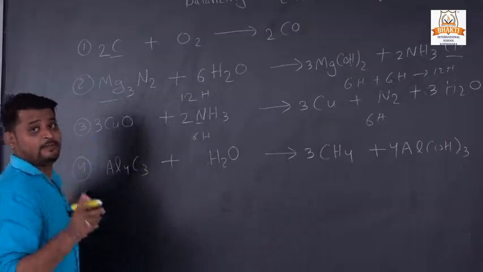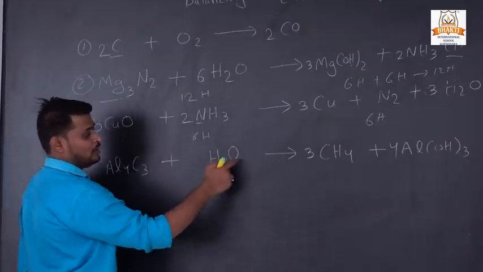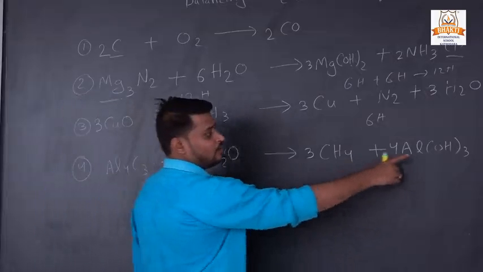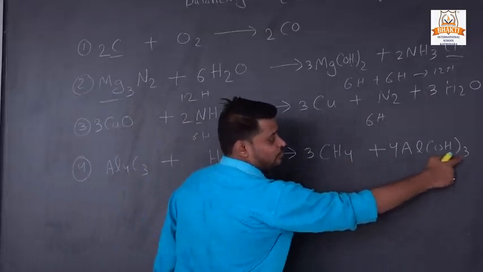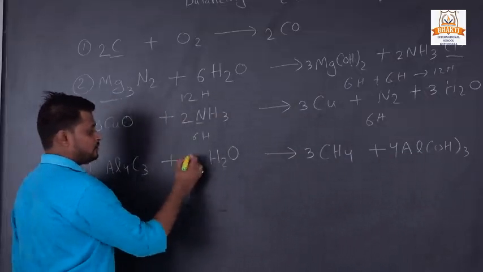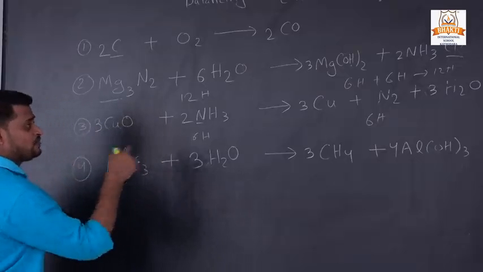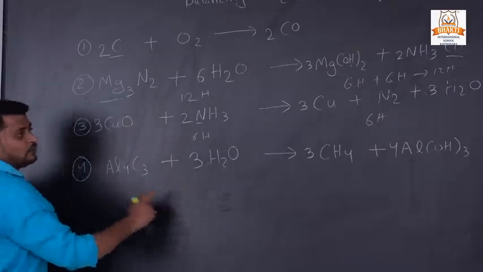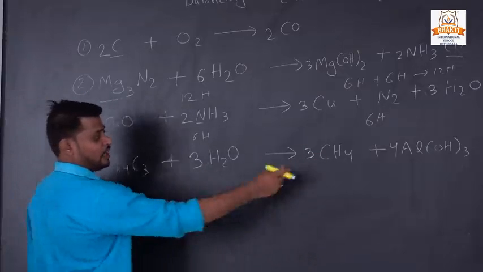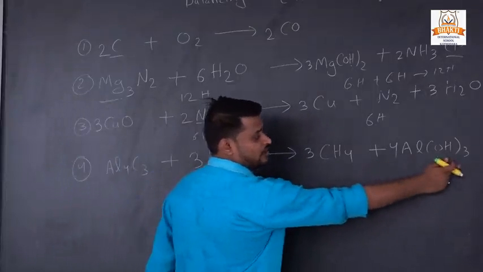Then our next step, what was that? Oxygen. So we have to check oxygen. The molecules of oxygen in the reactant was 1 and here 3, 1 into 3. Then we have to multiply the reactant by 3. Then again we will change, so we have to check again. Aluminium 4, aluminium 4, non-metal carbon, carbon 3, carbon 3, then oxygen 3, oxygen 3.